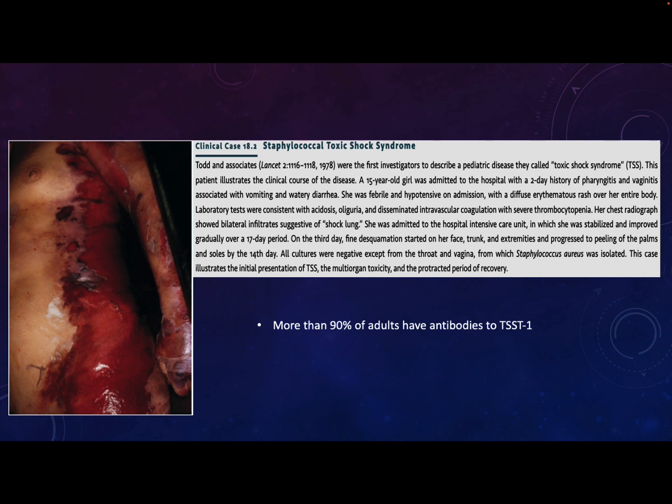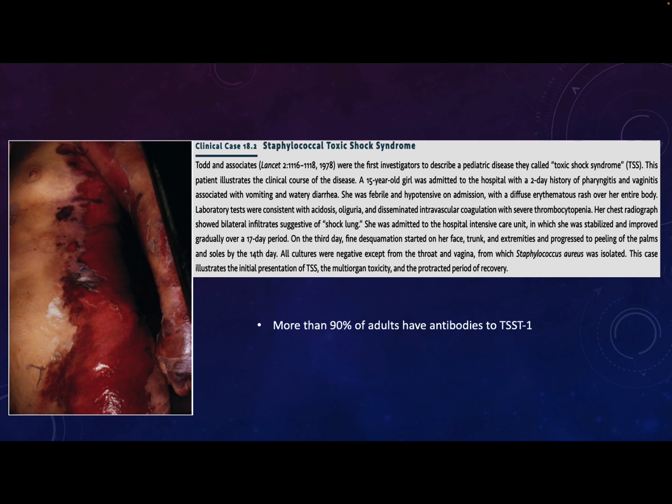All of the cultures were negative, except for from the throat and vagina. So blood cultures were negative, skin cultures were negative. All these places that she's experiencing symptoms were negative, except for the throat and the vagina, from which Staph aureus were isolated. So the idea is that this toxin, called toxic shock syndrome toxin, can be produced by the bacteria